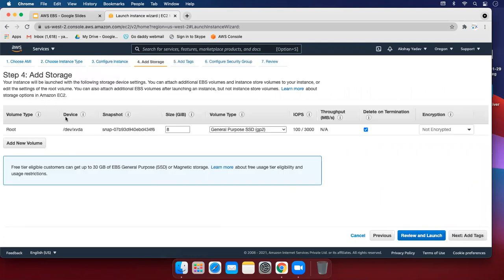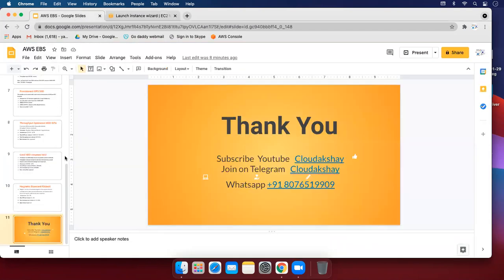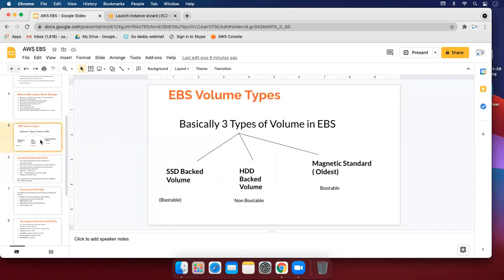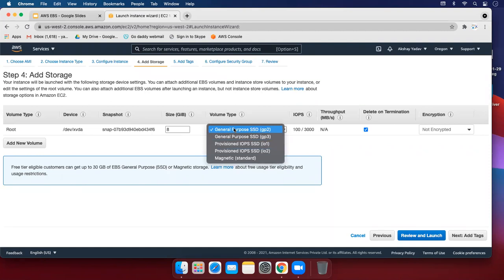So you can see root volume type has only two options. First is SSD backed, and second is magnetic. As I saw in my slide, SSD backed volume is bootable and magnetic standard is also bootable. So I can select both.